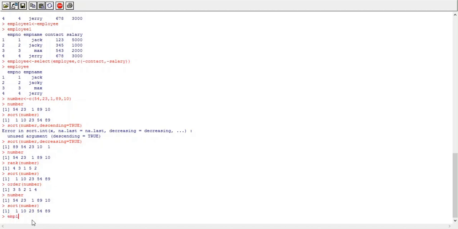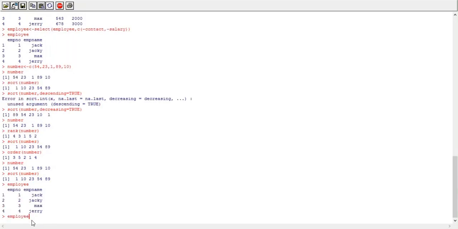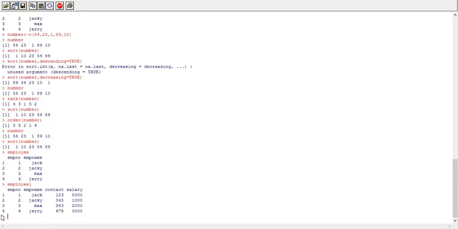I have one data frame called employee1. The employee1 data frame consists of 4 columns: employee number, employee name, contact and salary.